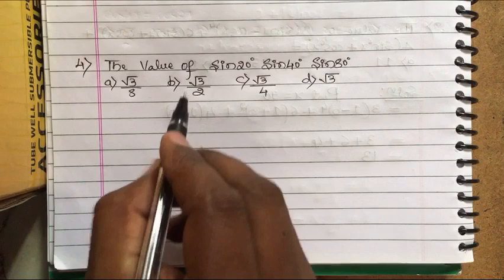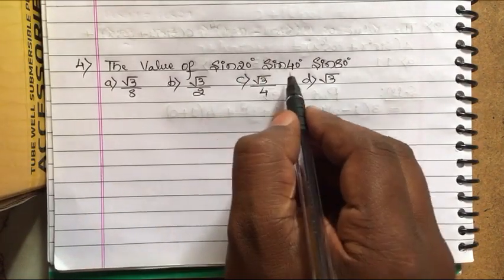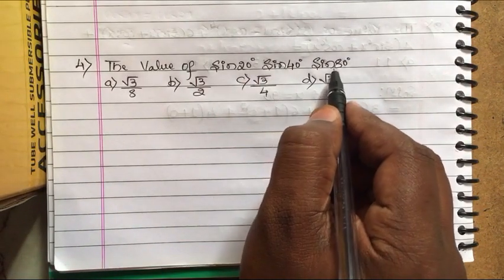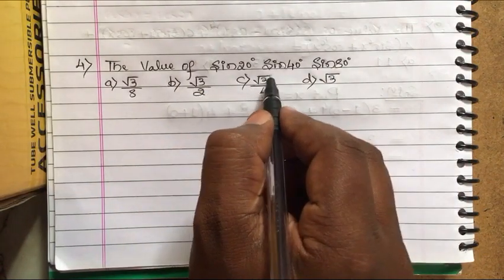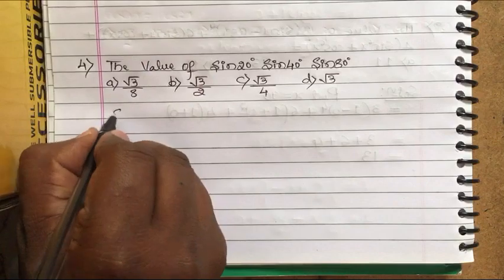The fourth question is the value of sine 20 degree into sine 40 degree into sine 80 degree. The four options are root 3 by 8, root 3 by 2, root 3 by 4, root 3. So see here,